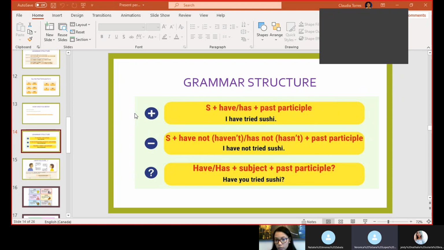In the questions, it's a little bit different because you have to switch the pronoun with the auxiliary verb. So, instead of I have, in the question it is, have I? Or have you? And then the main verb in the past participle form and the complement. Okay. So now,